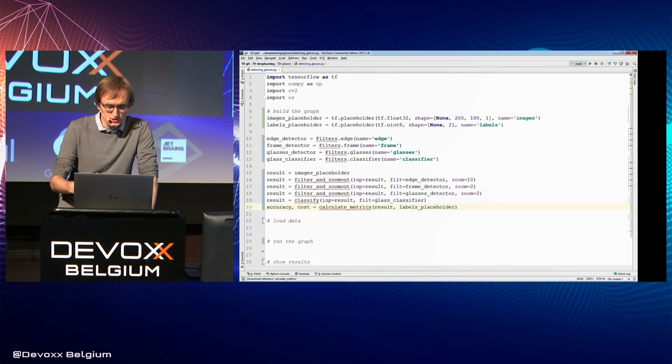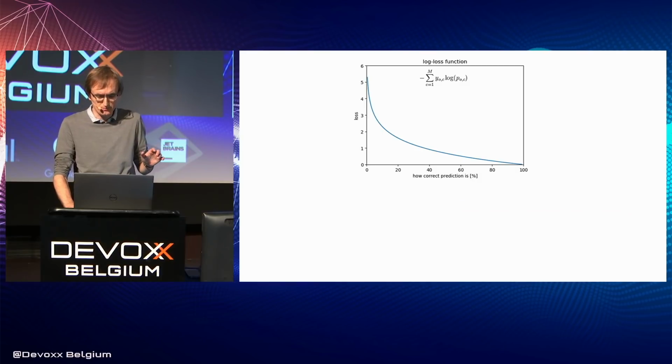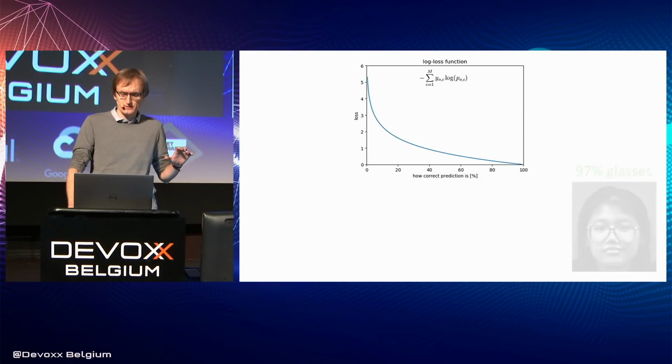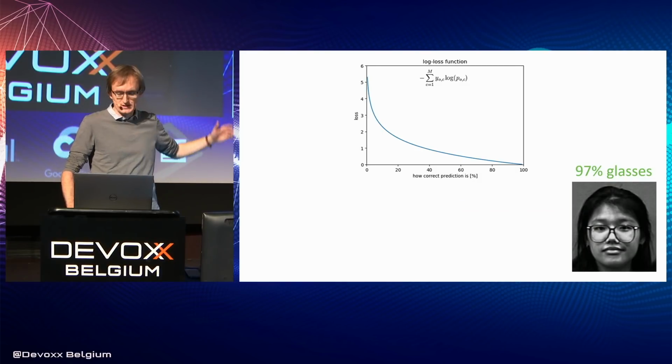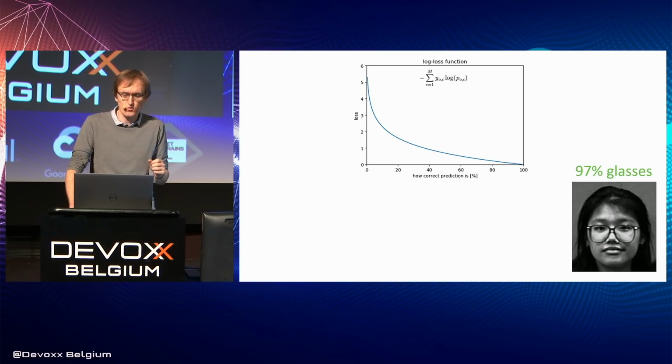Now, the cost is something more. It is defined as a continuous function. For example, detecting glasses for 95% for this lady seems correct. So from the perspective of precision, from accuracy, it will be just correct. But a well-justified question is, where did the 3% go? The 3% is transformed into a loss.